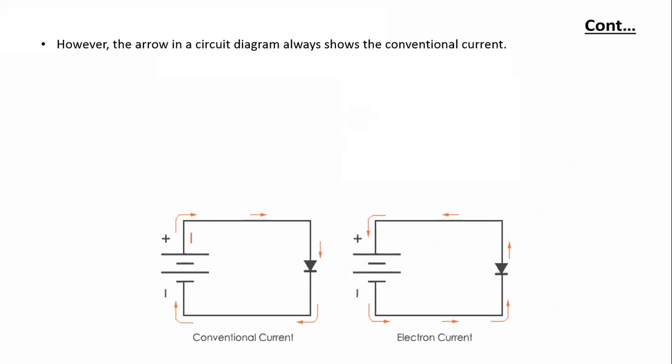So that was about the direction of flow of electrons within a circuit. However, the arrow in a circuit